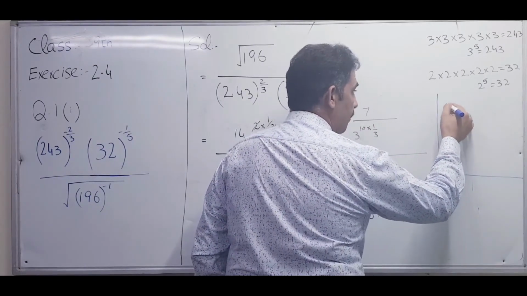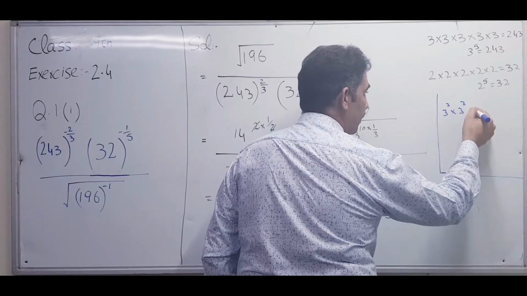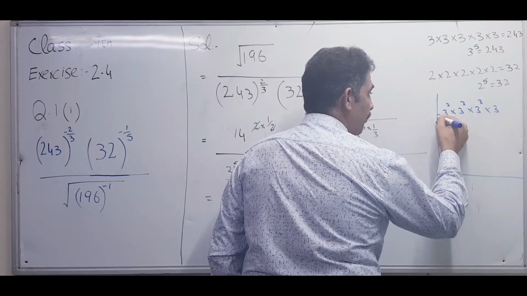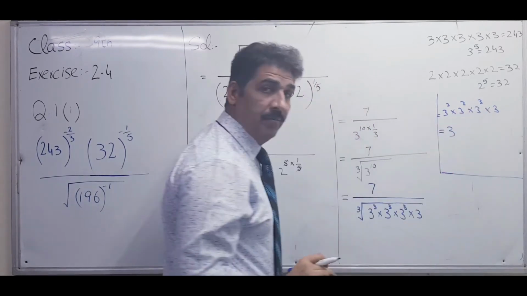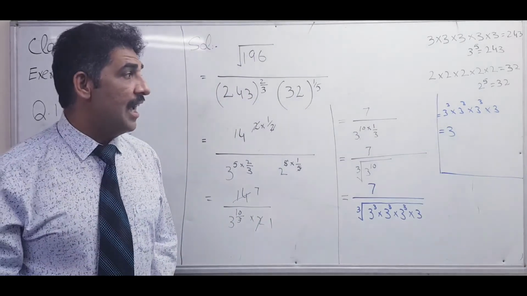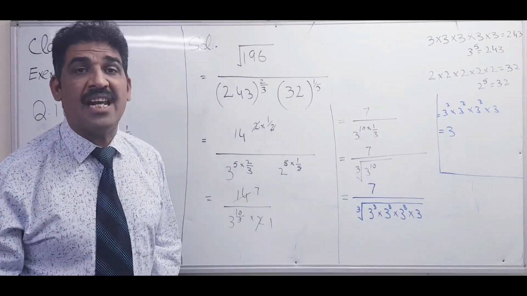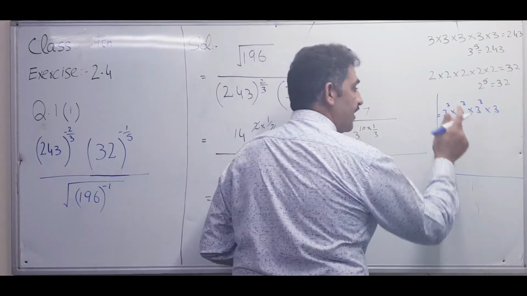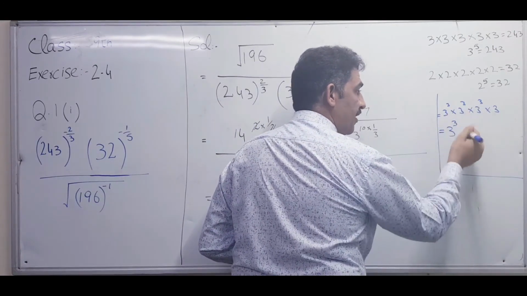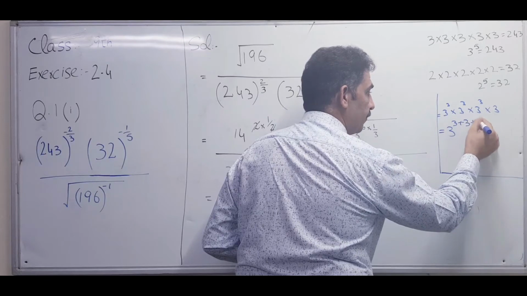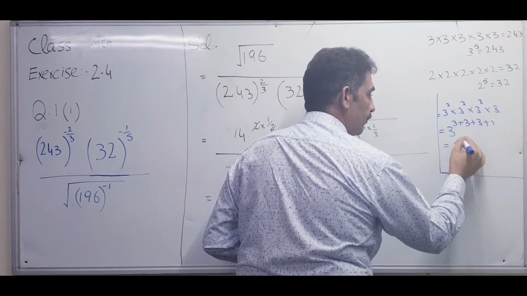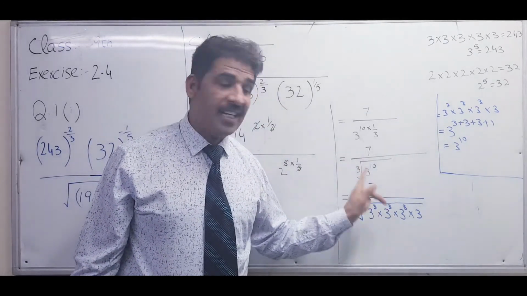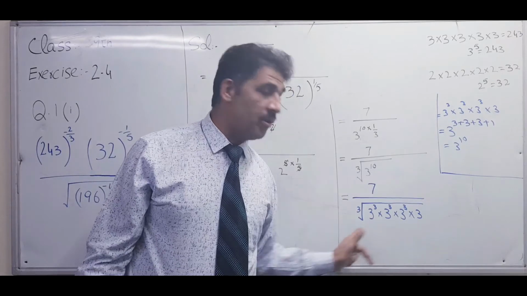I will explain it in a rough way, then you will be very clear. 3 raised power 3 multiply by 3 raised power 3 multiply 3 raised power 3 and multiply by 3. As I explained before, when the base is the same and the sign of multiplication is between them, then add the exponents. Write the base once and add its exponents. What is its exponent? 3. Due to the same base, add the next exponent. Like that. So that's why I wrote 3 raised to 10 in such a way.